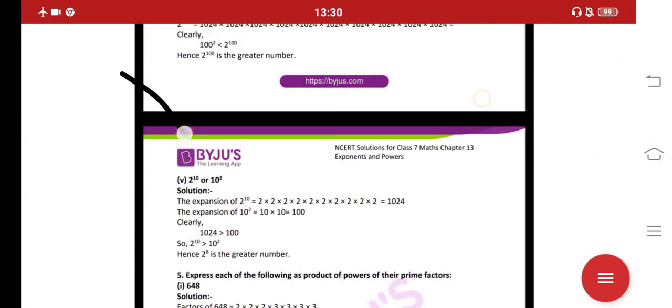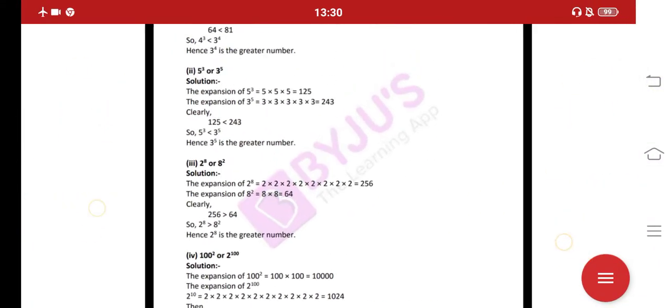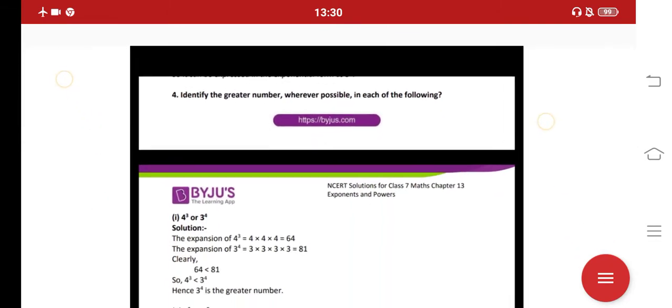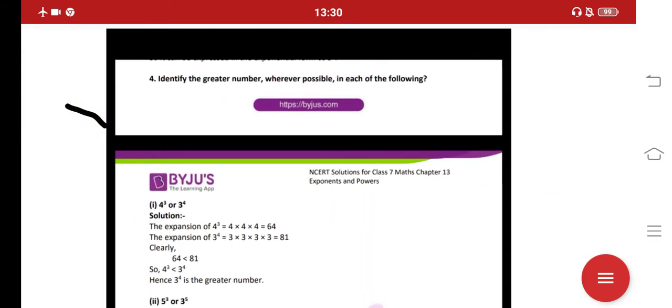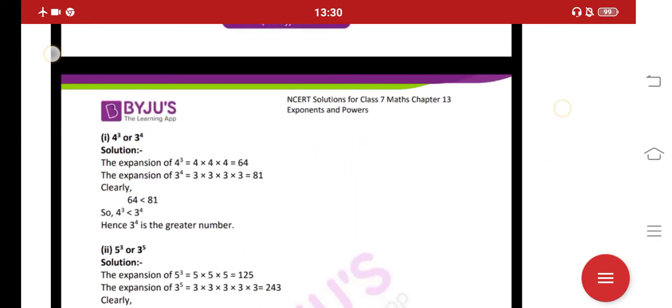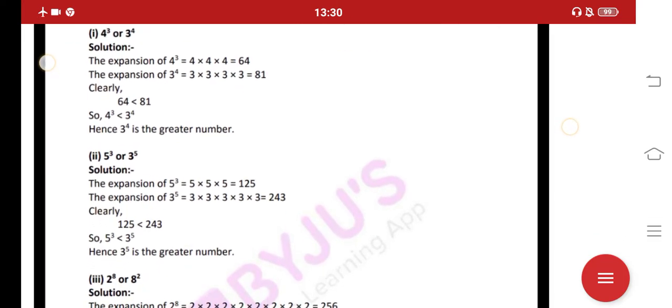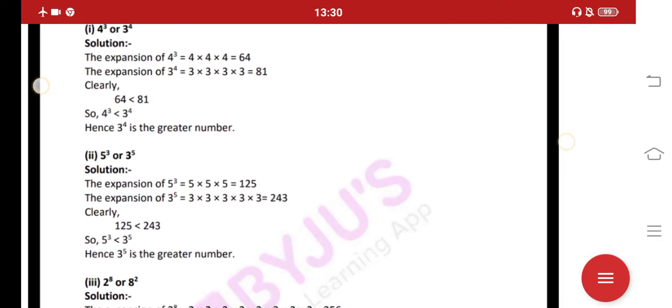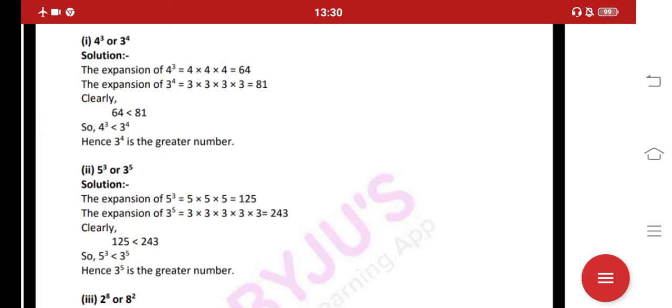This is our question number 4. See what is given here. In question number 4, it is written C. Identify the greater number wherever possible in each of the following. So which one is greater, 4 to the power 3 or 3 to the power 4? So for finding out the greater number, what you have to do simply,